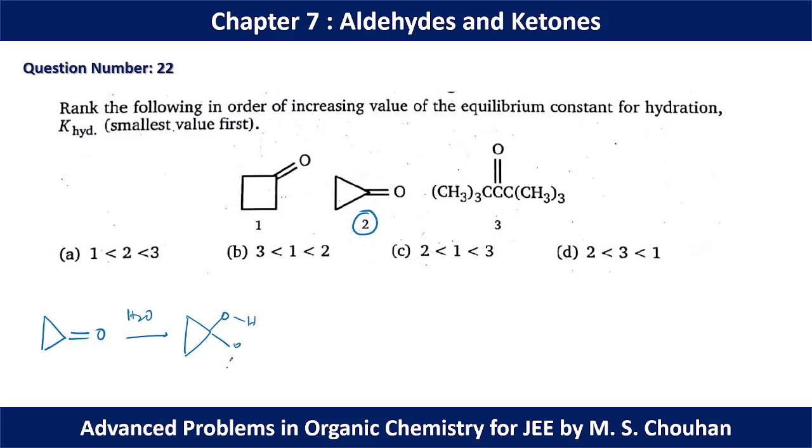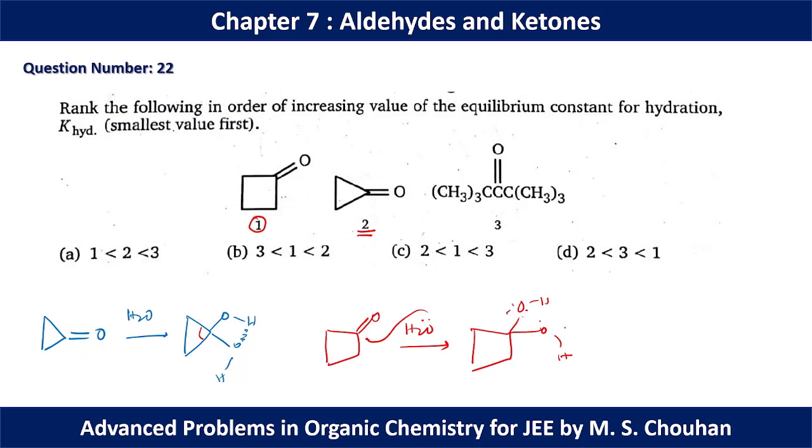Obviously one hydrogen bonding is present here, but another thing is the angle strain is reduced in this case. So in this case we can form the product easily. In case 1, as we know, lone pair repulsion is very much present in the hydrated molecule. The hydrated molecule is not at all stable in a 4-member ring. So water will be eliminated and finally we will get the initial product. In this case, as this ketone is very much sterically hindered in nature, water cannot behave as a nucleophile in this case.